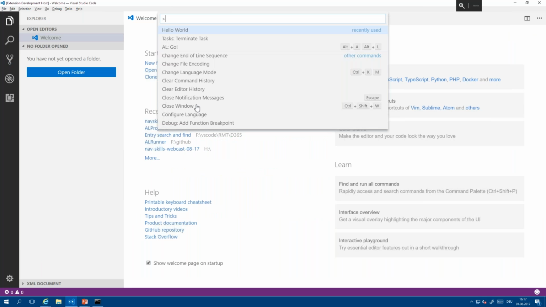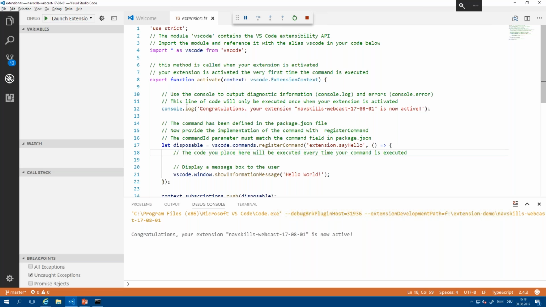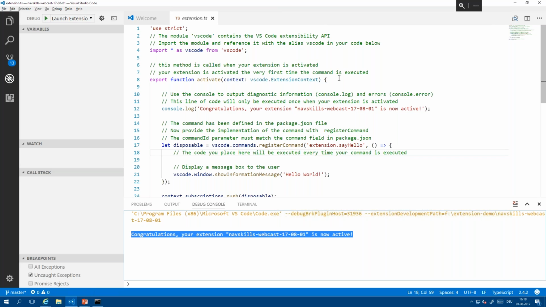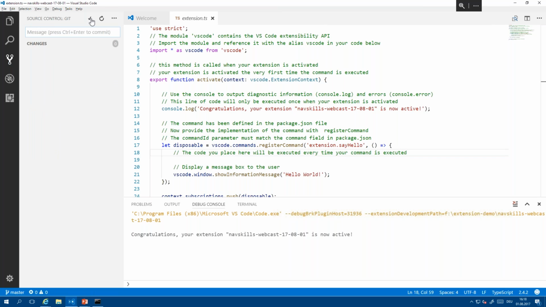So just to prove that we actually have something, there's that hello world action that wasn't there before. And you can see now we have hello world. And that console log, congratulations, and so on, is shown here in the debug console of our development environment. With that, I'm going to stop it because we're going to add the actual code. But what I want to do first is also to add an initial commit for my Git repository. So we have kind of a baseline where we started, and then later on we're going to see what we changed.